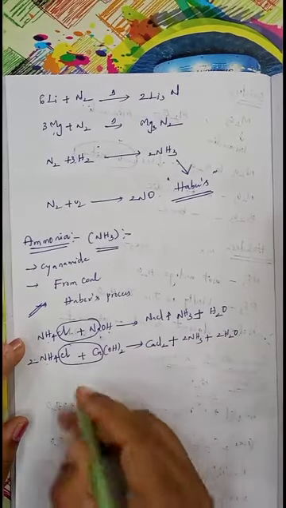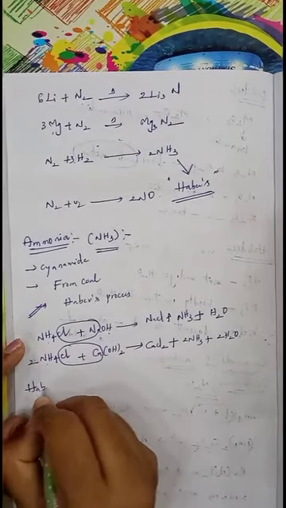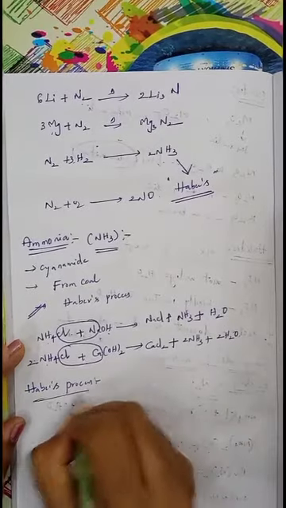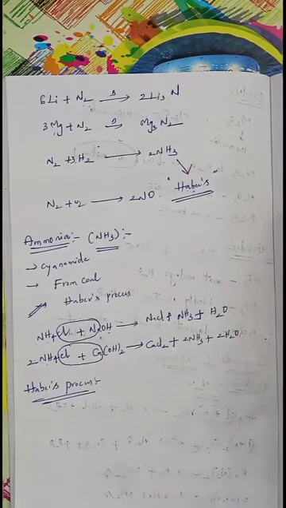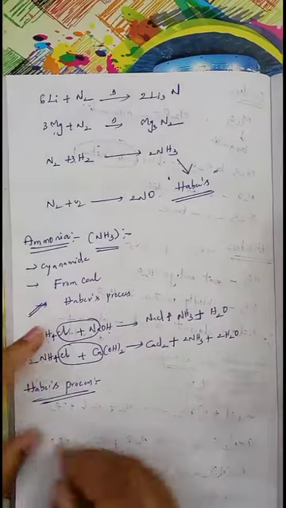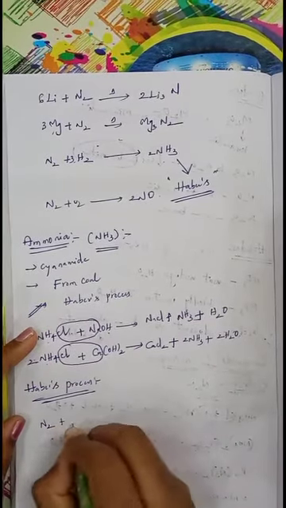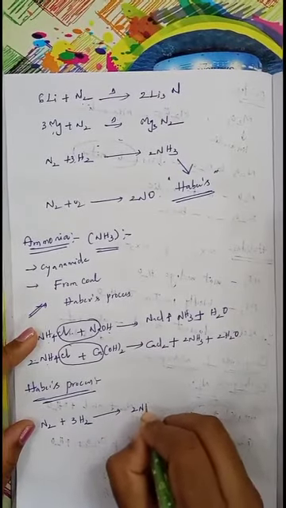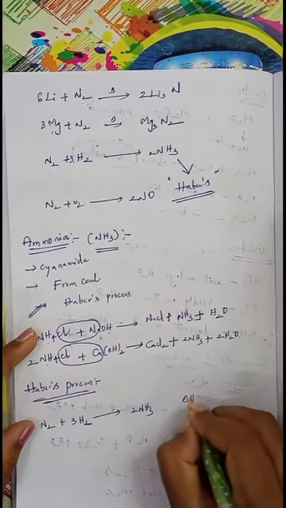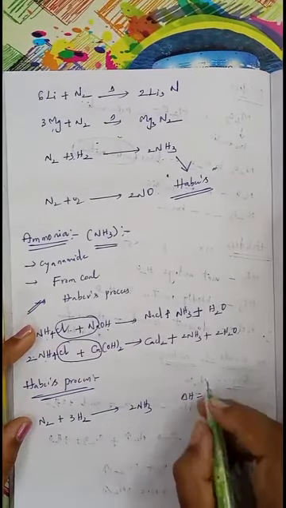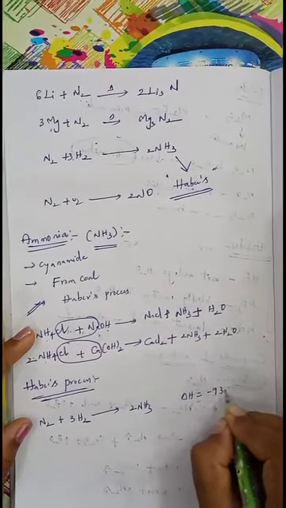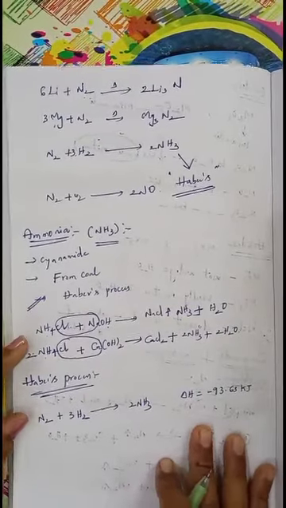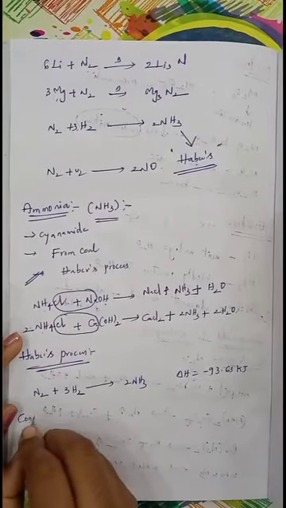Next, Haber's process. This is the most important industrial technique or process to synthesize ammonia in bulk amounts. In this case, nitrogen, we have already seen the reaction. When nitrogen reacts with 3 hydrogens, it is converted into 2NH3, and the amount of heat energy released in this reaction is 93.63 kilojoules. This much heat energy is released in the reaction, and the conditions for this process are